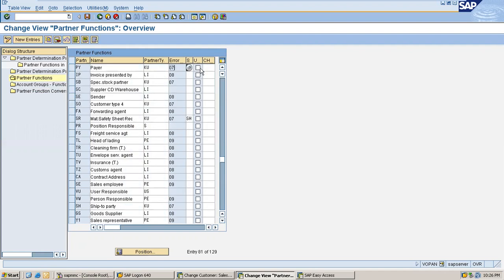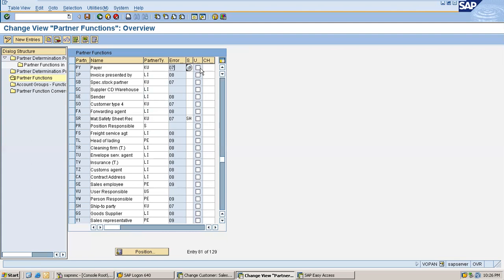That means we mark sold to party with the unique checkbox, and ship to party, bill to party, payer can have multiple numbers. These partners can exist multiple times.